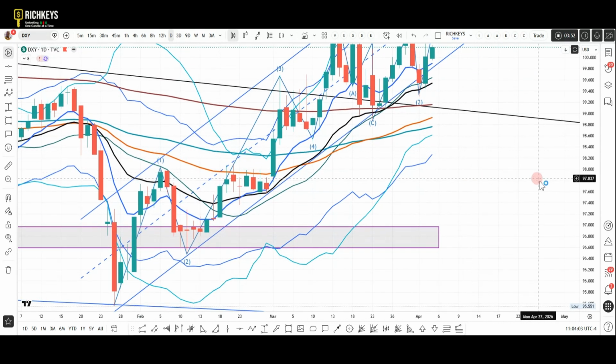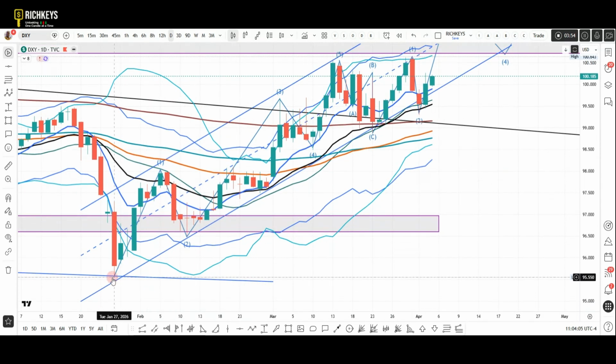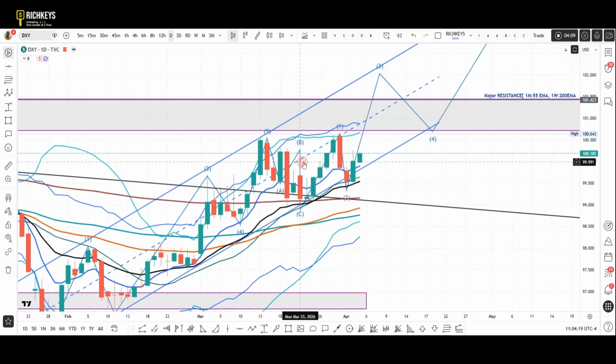Now, looking at this, I assume that we did a 1, 2, 3, 4, 5 wave. This whole thing that happened here was a correction, an ABC correction. Came down 1, 2, and 3. So the correction is over, and I'm postulating that this is the beginning of another move where we found support